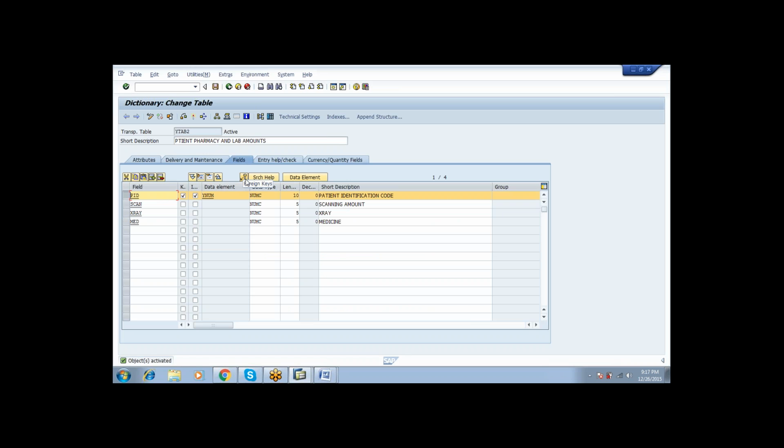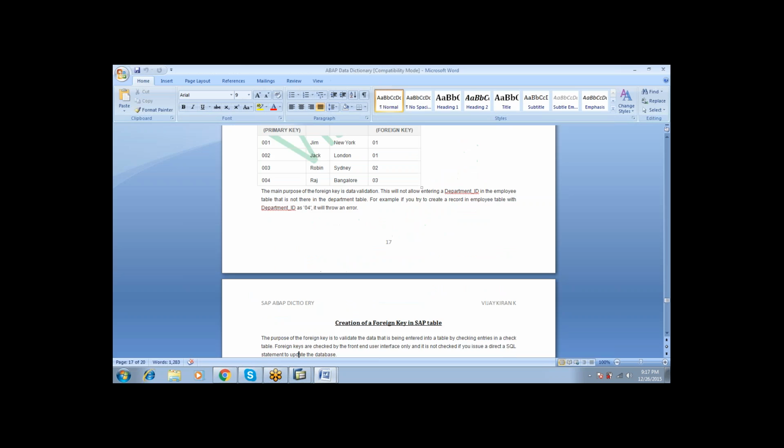Foreign key. Even if you can check with my notes also, it has been clearly mentioned. See,